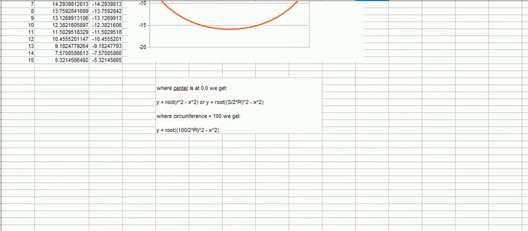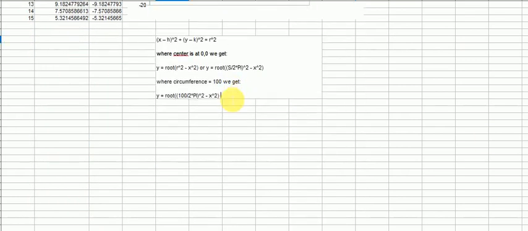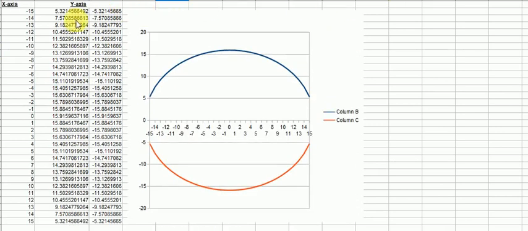So anyway, like I was saying, this equation here is this equation here. If we populate every value from minus 15 to 15 with that equation, and do the reverse side, we'll get a nice looking circle. The way I remember pi was 3.1482. And if we do the same for this reverse side, and then populate everything with that,